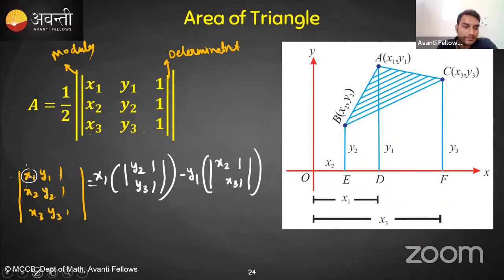Is this clear, ये समझ में आ रहा है पहले, right? Now plus 1 into, now delete the row corresponding to 1 and column corresponding to 1, अब क्या बचेगा, x2 y2 x3 y3,